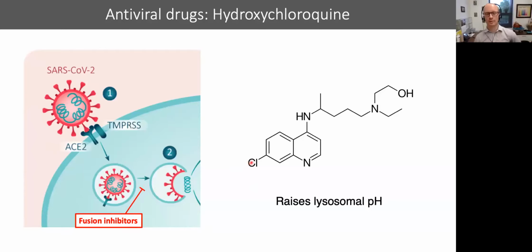Separately, there has been a good randomized study demonstrating that people who were exposed to SARS-CoV-2 and who took hydroxychloroquine as a preventative measure, those people didn't show any reduced rates of infection relative to people who took the placebo. But we definitely need more randomized, rigorous studies to be performed to determine whether it might be useful. It doesn't seem to be useful in terms of prevention, but it might be useful in terms of treatment.